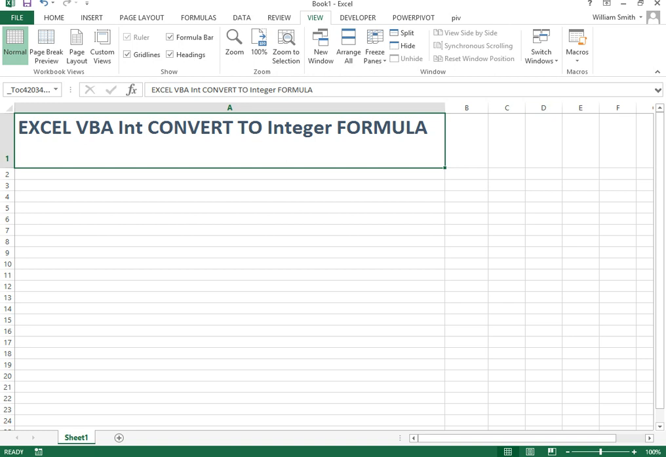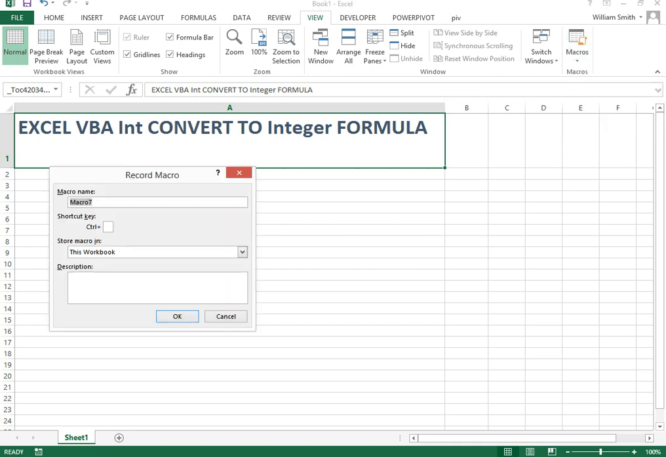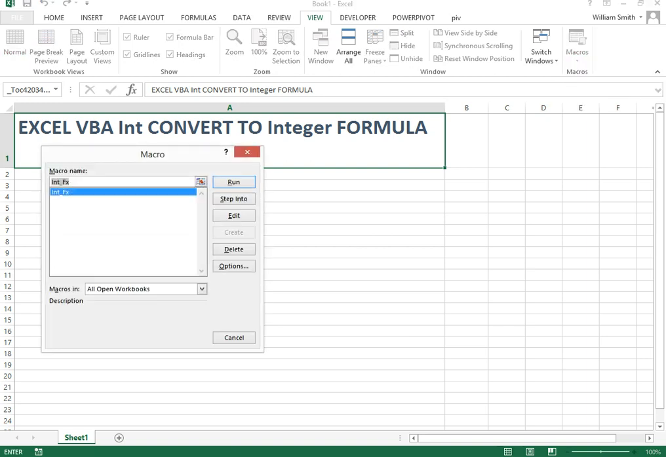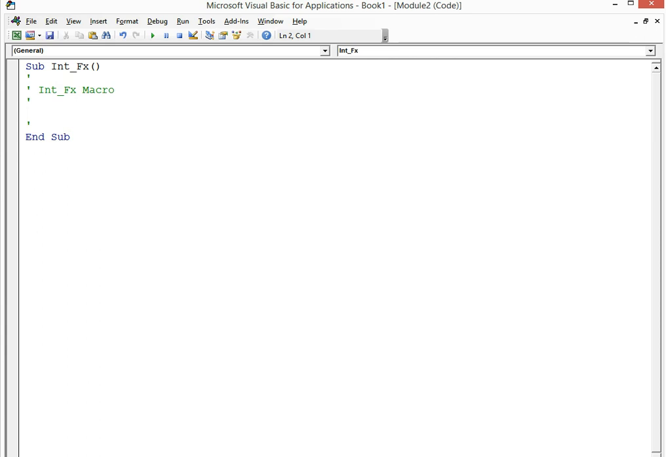So in Excel, or in my case Excel 2013, click on the View tab, and then within the macro section of the View tab, there's a drop-down list. Click on Record Macro. I'm going to name this int underscore fx for integer function. Click on OK. Stop running the macro, and then I'm going to go to the macro drop-down list in the View tab and click on View Macros, and then I'm going to edit the macro I want to write the